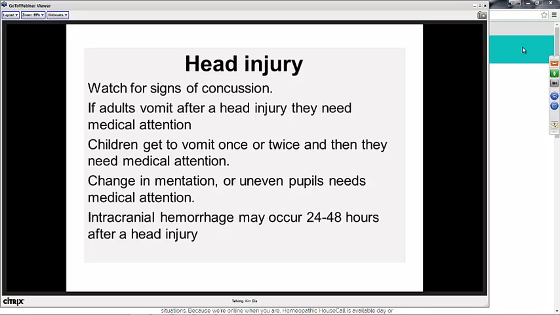And how long would you put up with a headache before you would seek medical attention? 24 hours. And are different types of headaches, for example, if someone gets hit in the back of the head and they have a headache in the front of the head, is that more serious than having pain where they got hit? Probably. It's unusual to have that, but definitely any pain in the head that is not associated with the actual bump is an indication that something needs to be followed up.